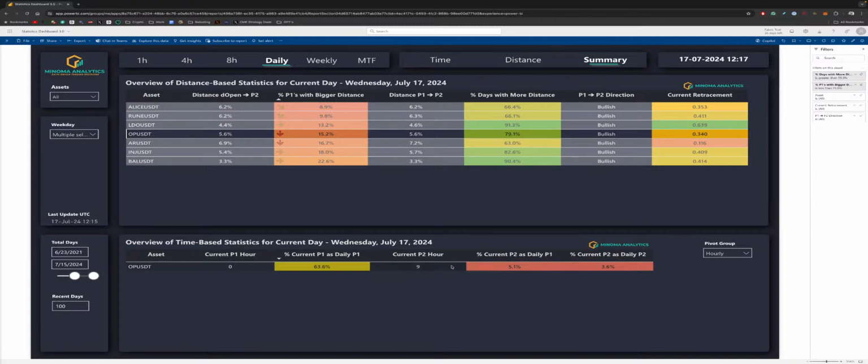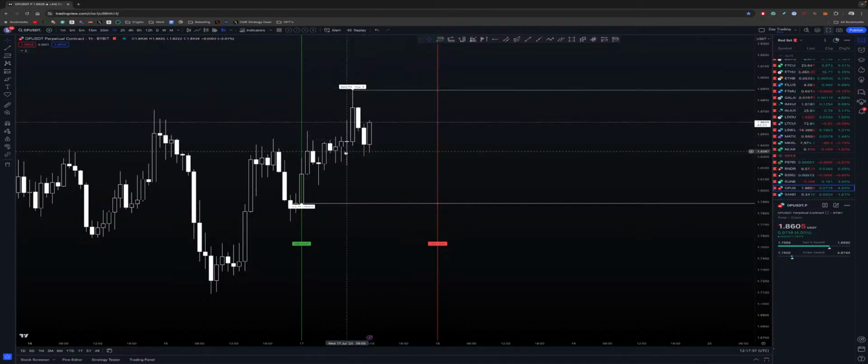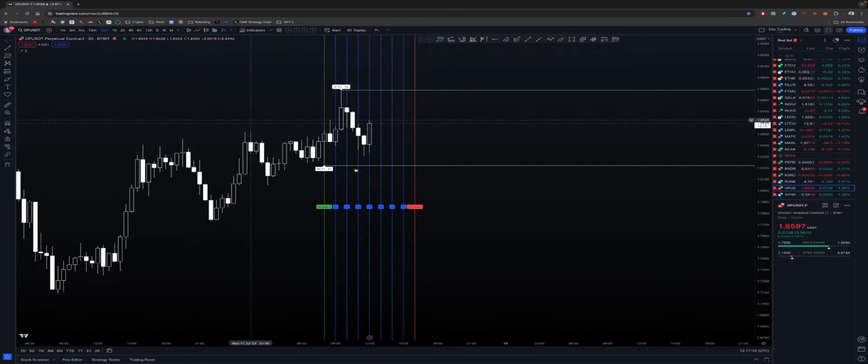You can see that hour 9 is a really bad time to put in a daily P1 or a daily P2, right? 5.1% over 3.6% time adjusted probabilities. So yeah, actually OP looks pretty good. And too bad we saw this a little too late, because you have to understand these 8 hour probabilities were already there during this whole stream pretty much. We just missed it. But